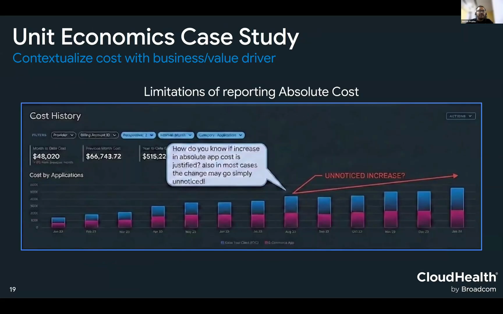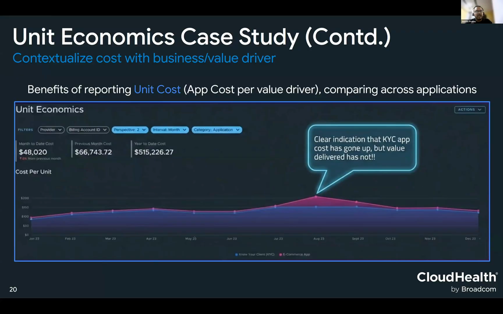And how it helps you is when you look at cost history, where it would limit is if you see an increase, you can go to the root cause of why that increase has happened, but whether that change is justified or not, right? Sometimes that increase may go unnoticed, but that increase in cost may not be providing you the commensurate business value. But if we track unit cost, which is app cost per value driver, and if you see a peak there, it's a very clear indication that your numerator has gone up, which is your application cost or line of business cost, but the value driver has not.